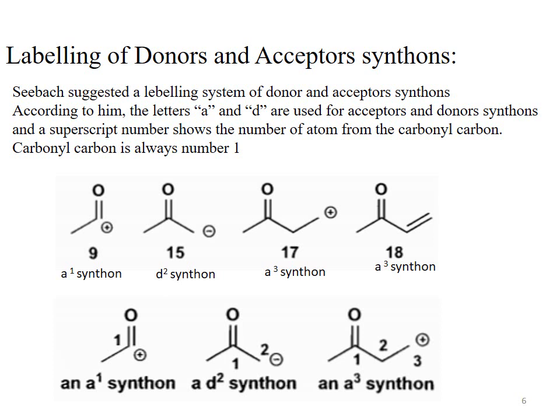And in the picture below, this is the A1 synthon, this is the D2 synthon, and this is the A3 synthon. A3 is an acceptor synthon and D is a donor synthon. Donor synthon means this compound acts as a donor group, as a nucleophile. Which carbon acts as a nucleophile? That is carbon number 2 with respect to the carbonyl carbon. That's why this is called the D2 synthon.